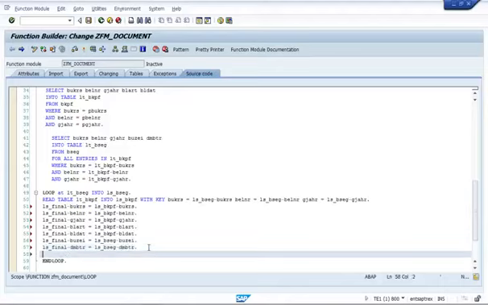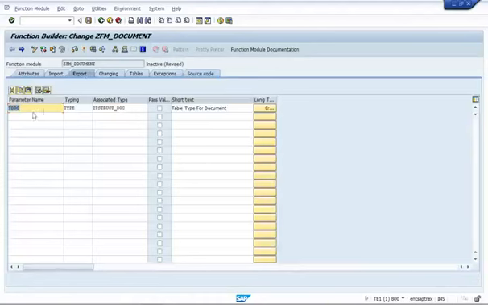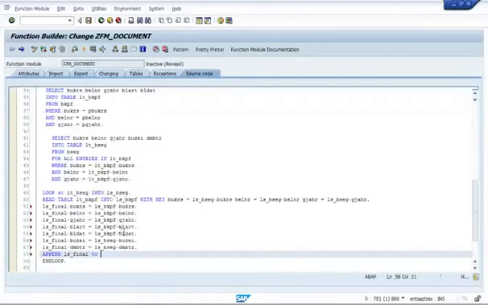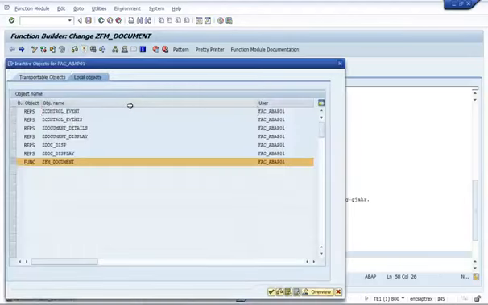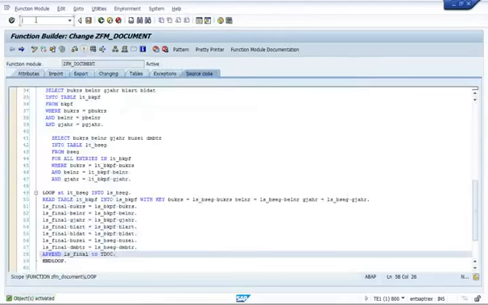Now our data is in the structure. From this structure we have to append the data to the internal table. So APPEND is a statement which is used to move the data from the structure to the internal table. Our final output parameter, which is of internal table type, is TDOC. Now from the structure we are passing data to the final output parameter, that is TDOC. Now I am checking for the syntax. It is syntactically correct. Now I am activating the function module. I will show you this function module in the function group also. Whenever you are creating something